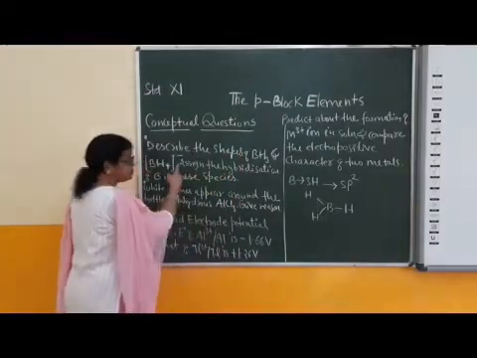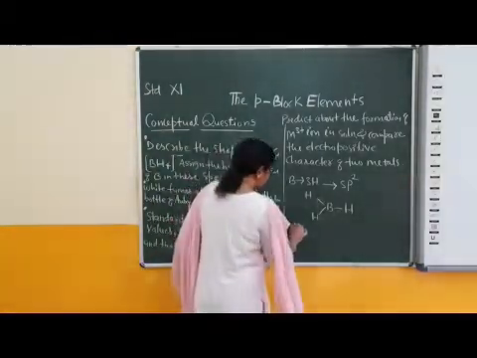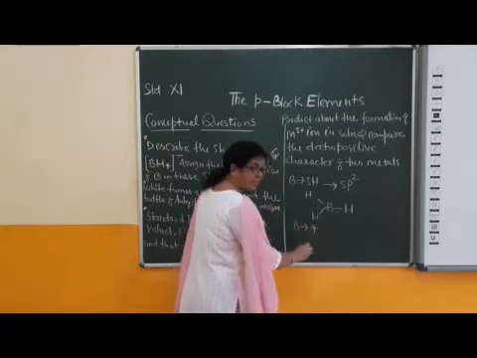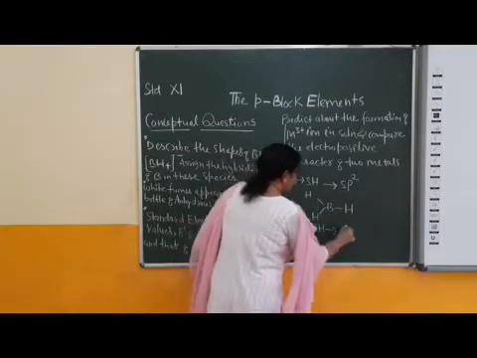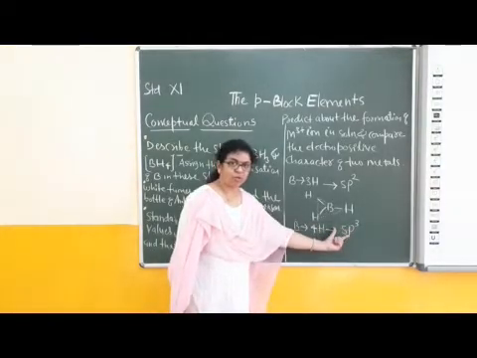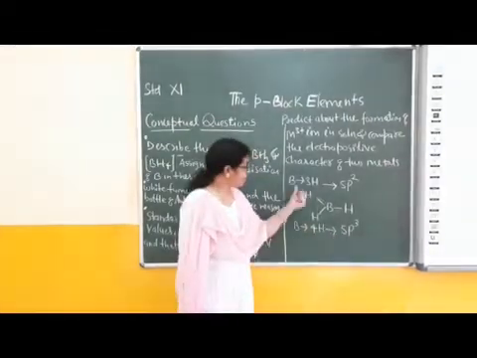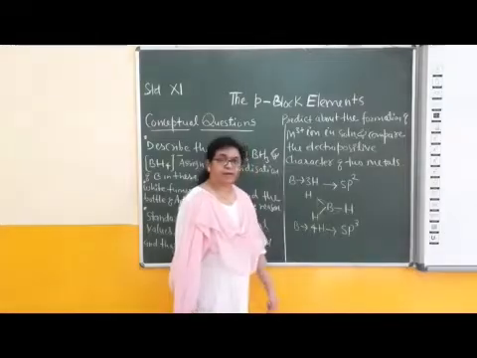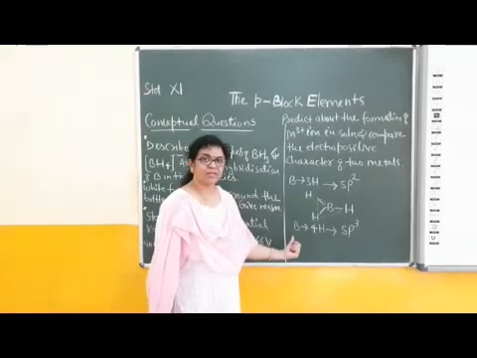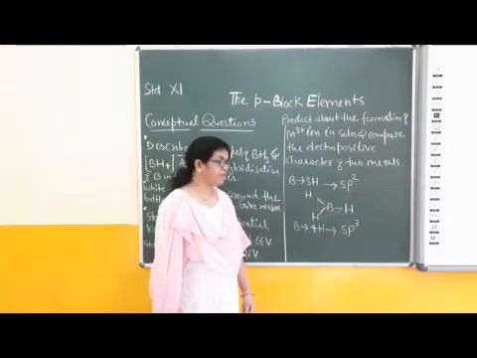Now, second is the anionic complex. B is attached with 4 hydrogen atoms. In this, the possible hybridization of boron, where boron is attached with 4 hydrogen atoms, is sp3. 1 s orbital, 3 p orbitals, total 4 orbitals are present. Here 4 atoms are attached. B is sp3 hybridized. And in the first compound, B is sp2 hybridized. Then what about the geometry of boron in this complex? Geometrical shape of BH4⁻ is tetrahedral.